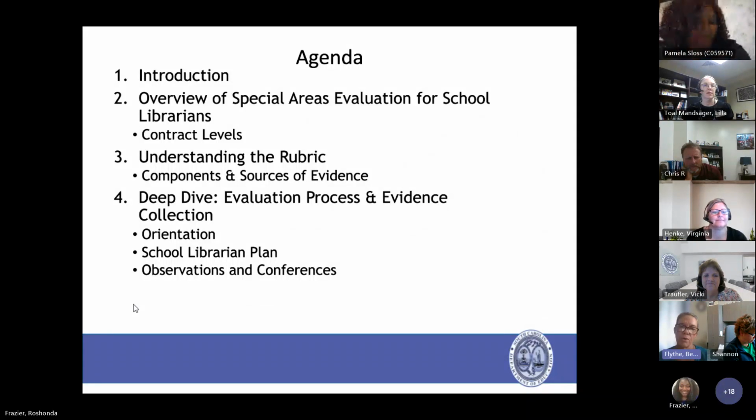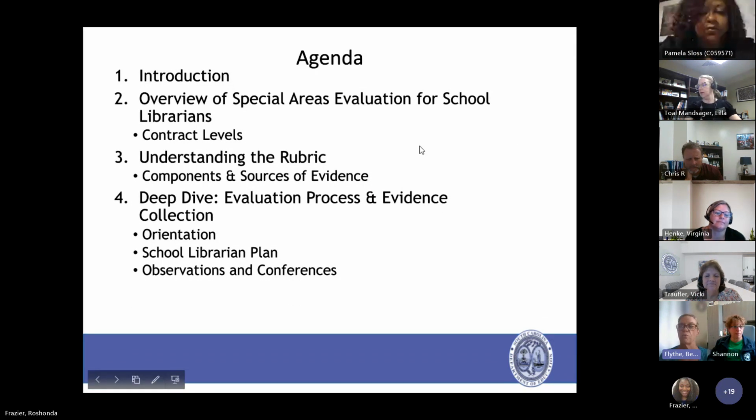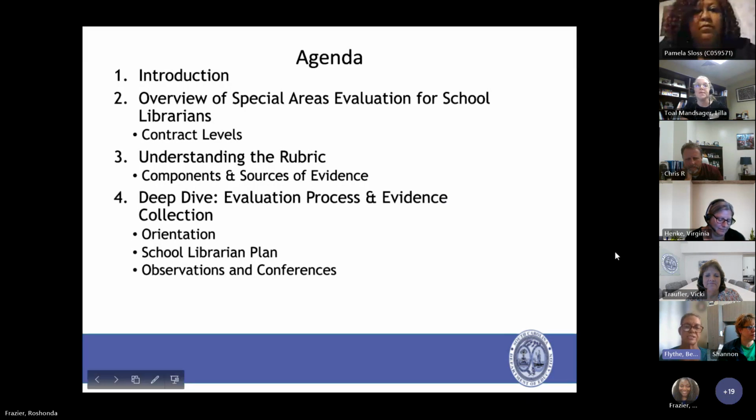Okay, so today what we're looking at mainly is, like I said, a deep dive into the evaluation process in SC Lead. What has to go in, where does it have to go, what has to be signed, what doesn't have to be signed, basically the clicks. So we've done sort of our introduction to ourselves. We've also introduced you to the work that we're going to do here today.